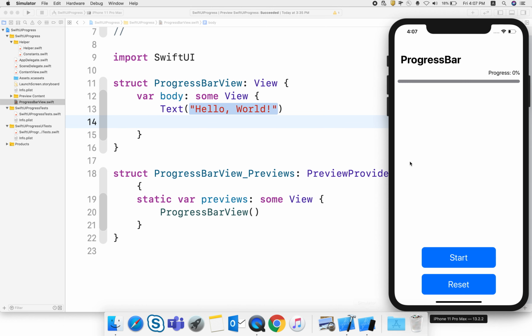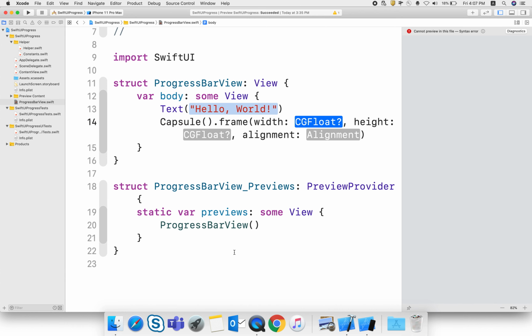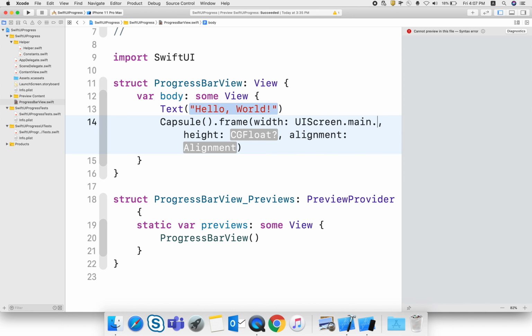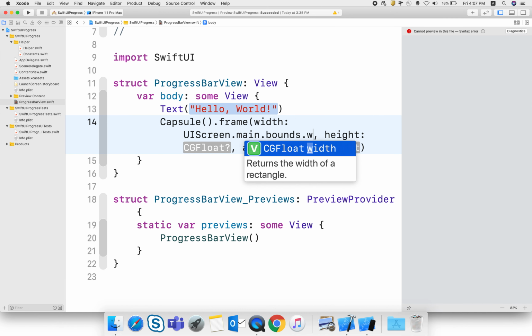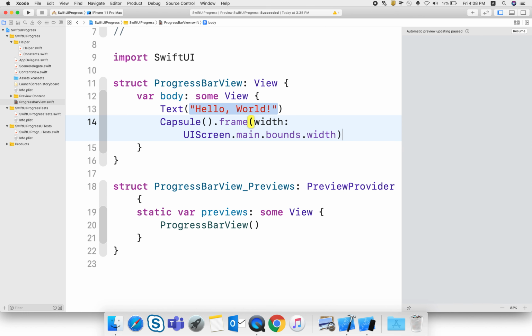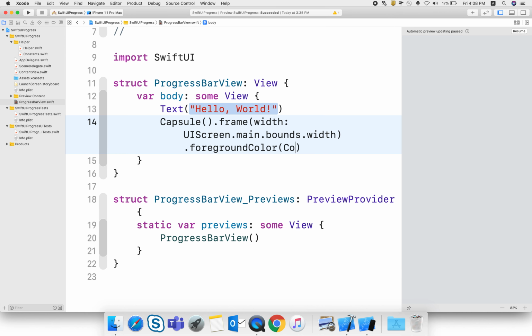And here you can see there is a shape. For that shape I am using a Capsule, and for the width I am using UIScreen.main.bounds.width, and just giving it a foreground color, gray.